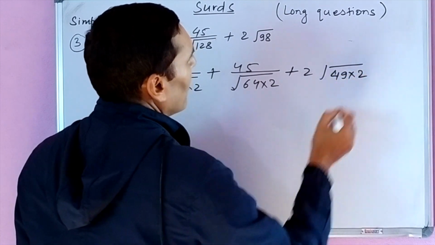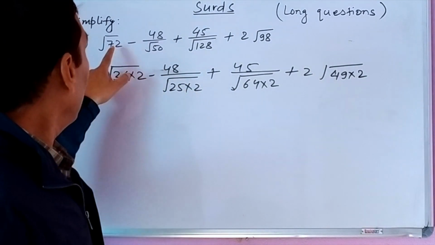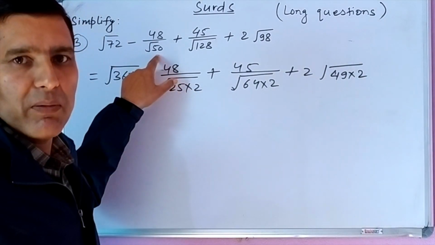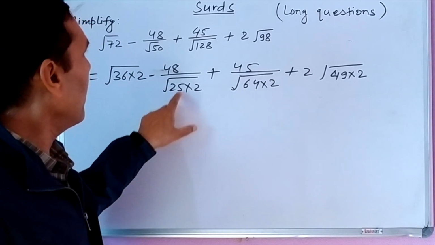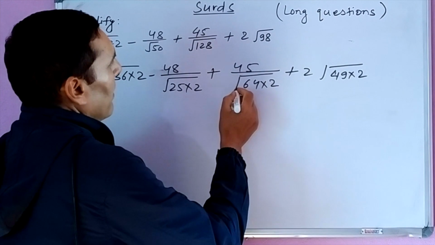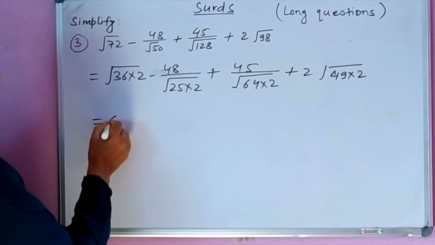98 can be written as 49 into 2. The biggest factor of 72 which is a square is 36. Similarly, the biggest factor of 50 which is a square is 25. Similarly, for 128 we will have 64, and for 98 it is 49 into 2. So it is 6 root 2